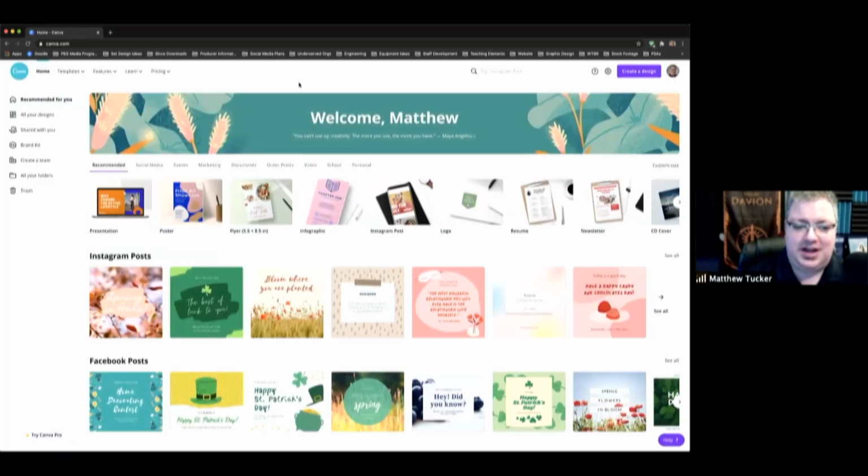Now, the stuff that Canva is capable of doing is super duper flexible. It is able to do very simple graphics for social media, such as Instagram, Facebook, and so forth. You can use it as a baseline to create infographics and all sorts of other high-end visual elements. But the thing that we're going to use it for is we're going to kind of hack its purposes, and we're going to use it to create